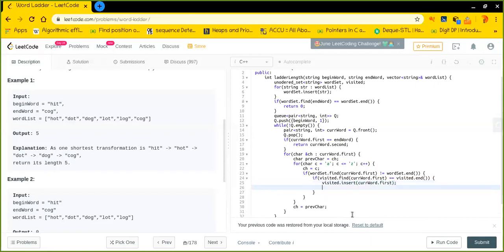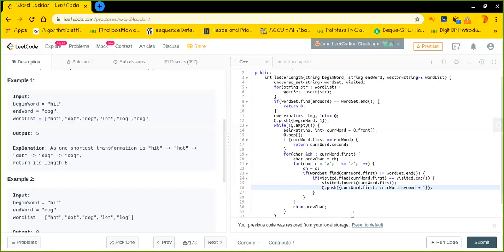After that I should push the new string to the queue, and I should also insert the step number, which is the previous step plus one. So the string is current word dot first, and the step number is current word dot second plus one.